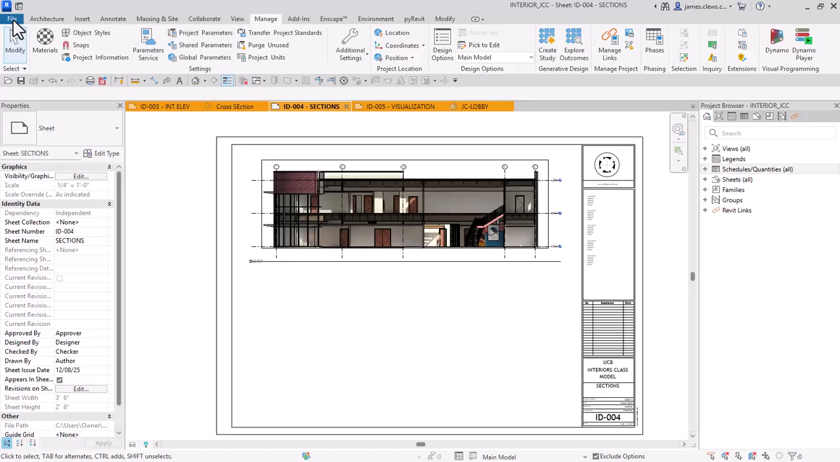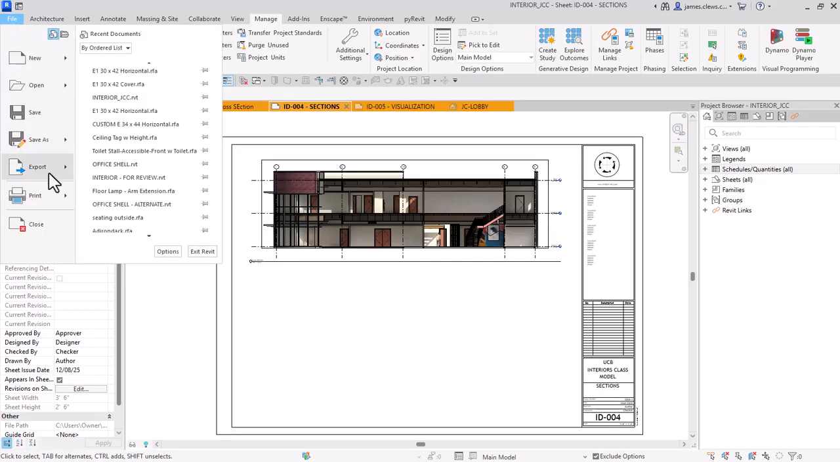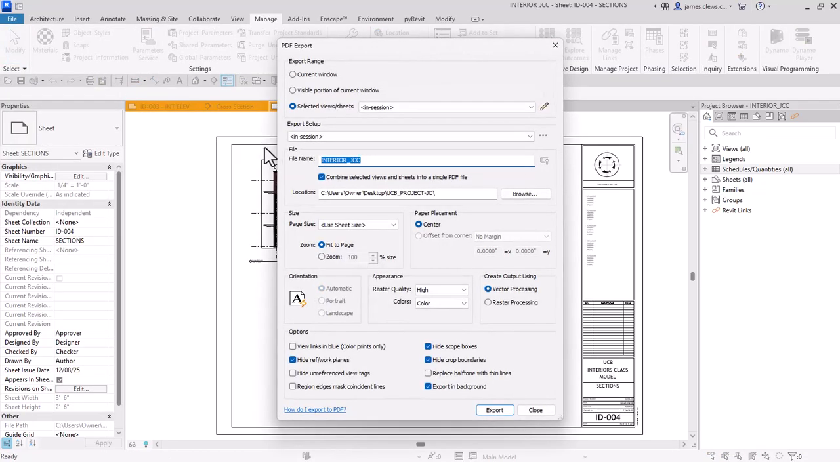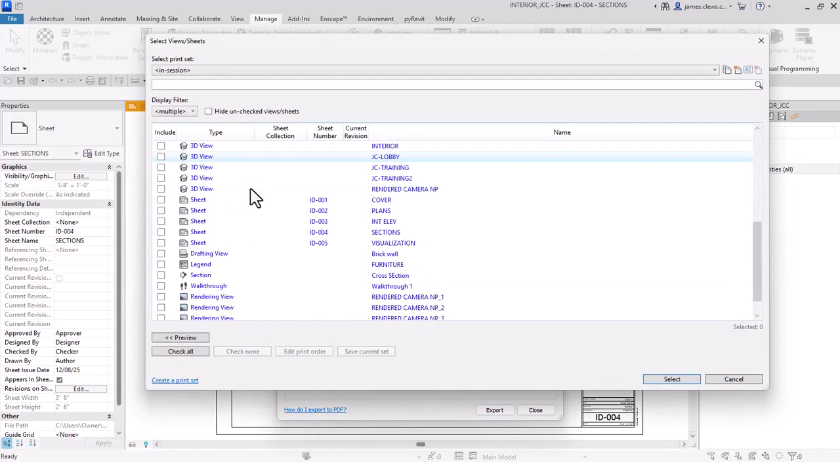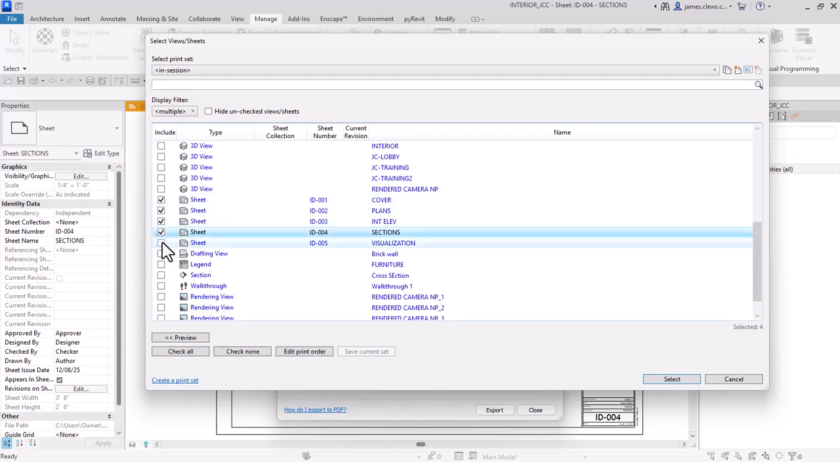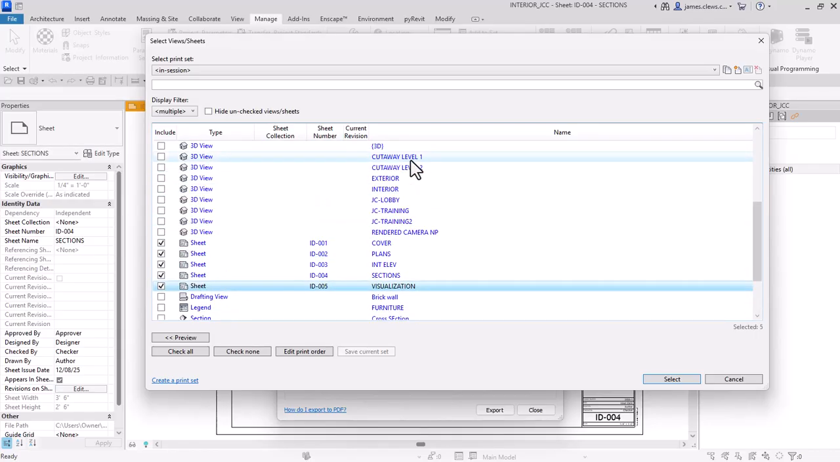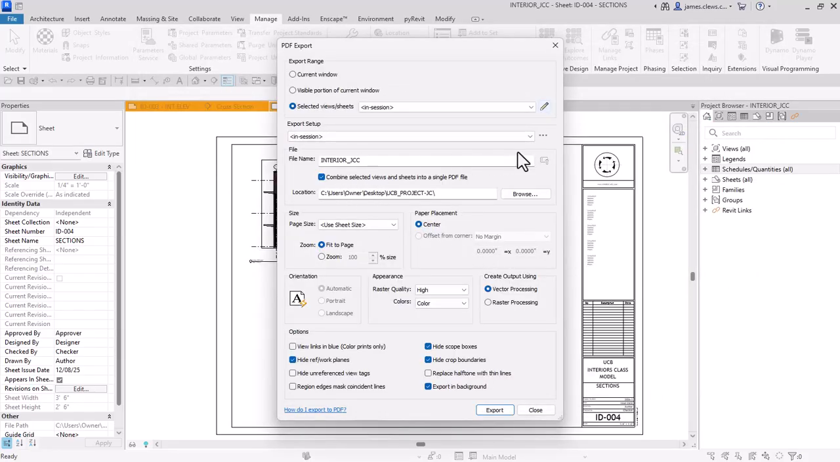So I'm going to go to File, Export, a PDF. Is it just the current view? No. Is it a visible portion of the current view? No. Is it selected views or sheets? Yes. So we've got sheets. If you scroll down, you're going to find sheet here, ID 1, 2, 3, 4, 5. You can select those, and you can also